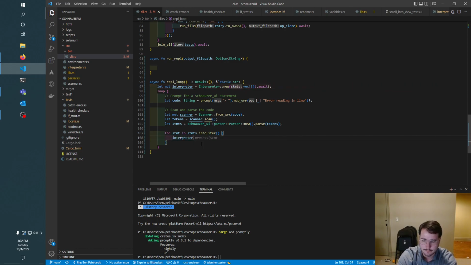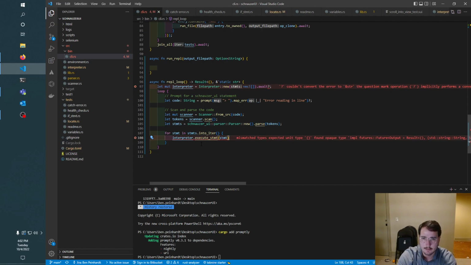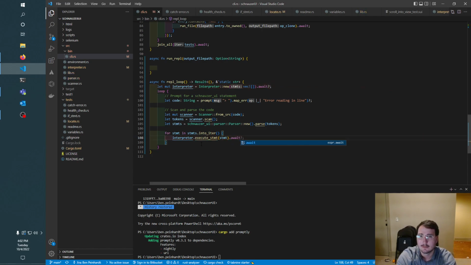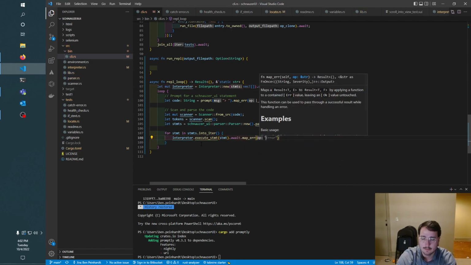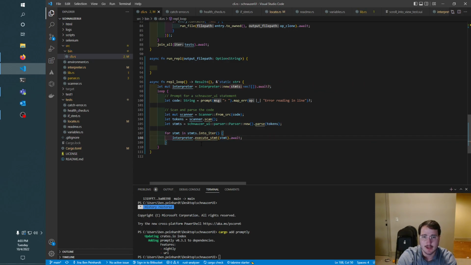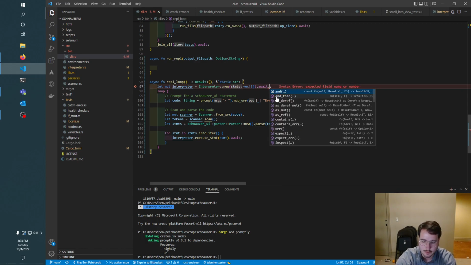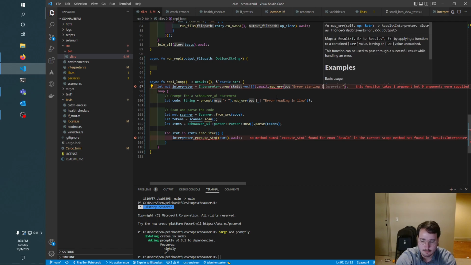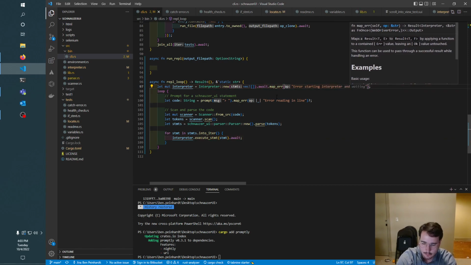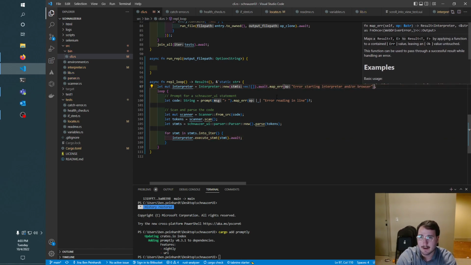Interpreter dot execute statement, and then we'll dot await, and then we'll map the error. Really we don't want to exit here. So if this is an error, we're actually going to want to match on that. But for now, let's just execute the statement. And then up here, we want to map error, error starting interpreter and or browser. Really, for this, the only way right now,